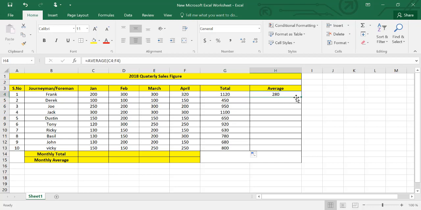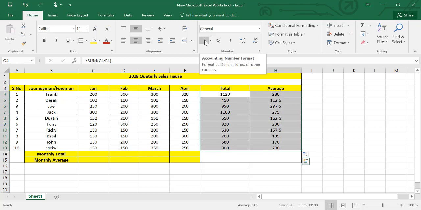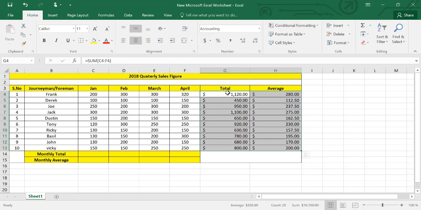Similarly, if we use the same method for the average column, we can get the average for each by performing the same action with different formulas. Placing our cursor here on the small box, click and drag it down to where you want the average. So this is the average value you have received. If you want to make it look like a dollar sign or currency value, you can simply click here on this dollar sign. This will show that this is the dollar amount or any particular currency amount you want to show. This is the way we can get our total and average.